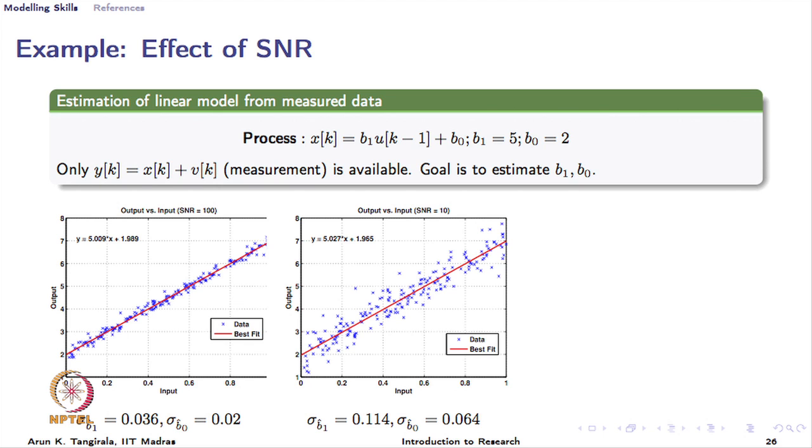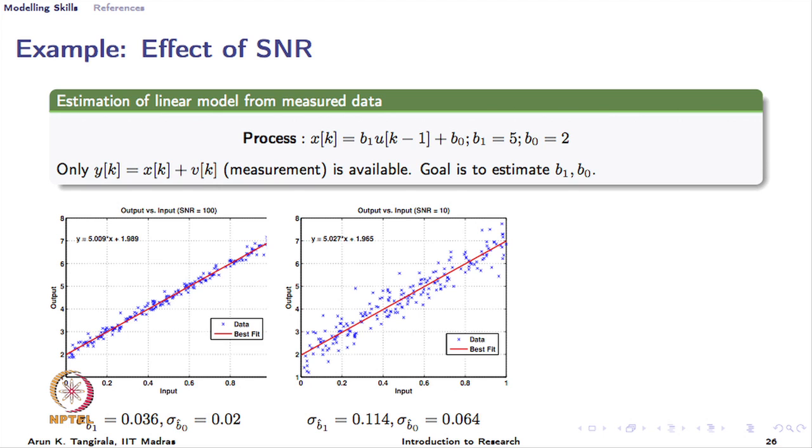Clearly on the right hand side there is more noise, as you can see in the scatter plot. In both cases I am plotting Y versus U, where the input U is on the X axis, and what you see on the top left of the plot is the equation of the fitted straight line. I have done this in MATLAB and it gives me the equation of the line, and it does a fairly good job of estimating B1 and B0. The true values of B1 and B0 are 5 and 2 respectively, and